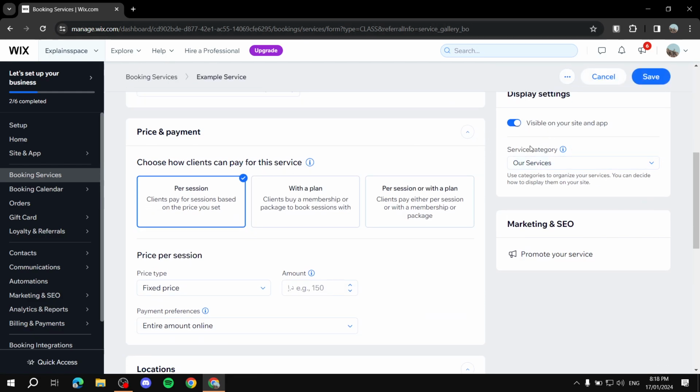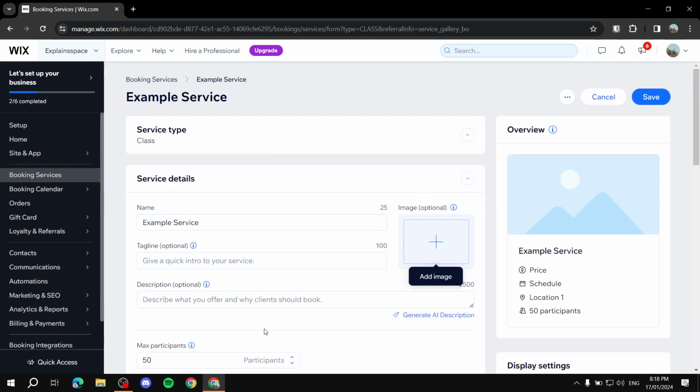Here you can obviously make it visible or not visible depending on what you want, and then category here you can also adjust it if you want to add a new one, and then you can also work on your SEO here. Now let's go back to the actual